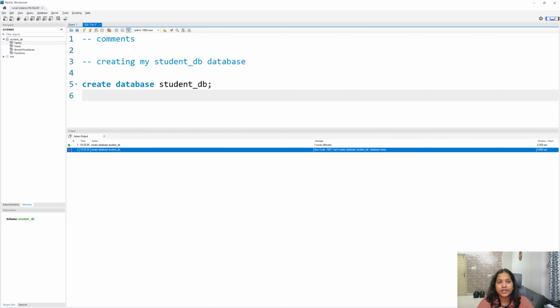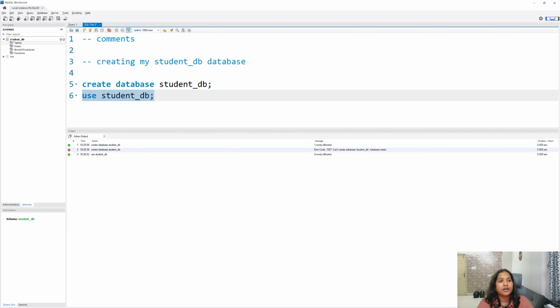Next, now you created the database student_db, right? Let's say you have another database also, like teacher_db, admin_db, and all of that. Then if you're trying to create a table, your SQL should know in which database it should create the table, right? For that, you will do use student_db. Now run this particular line. If you see here, student_db is in normal letters. Once you run this, student_db becomes bold. It means right now you are inside the student_db. You see this is executed successfully, 0 rows affected.